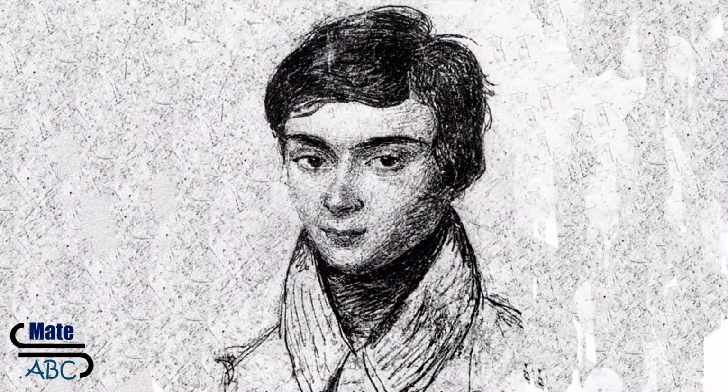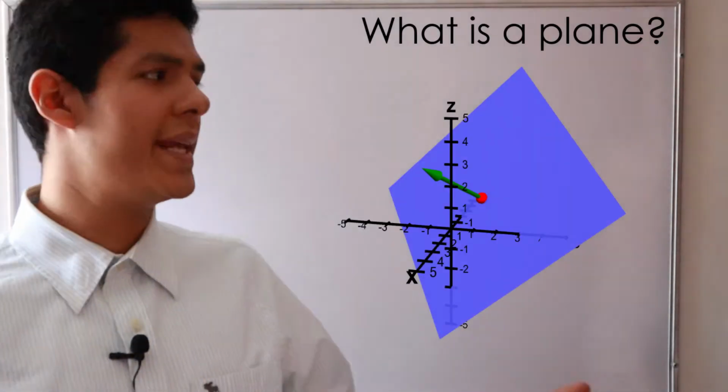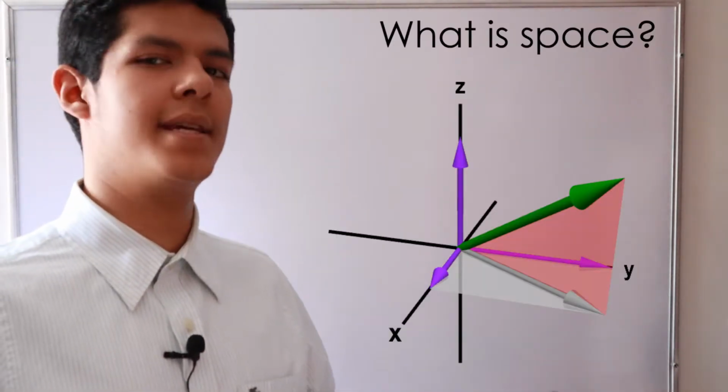Geometry. So let's get started. For that, guys, we need to define what is a point, what is a line, what is a plane, and what is space. For that, we do not define all kinds of things, because if we do that, we can have a cycle without end.